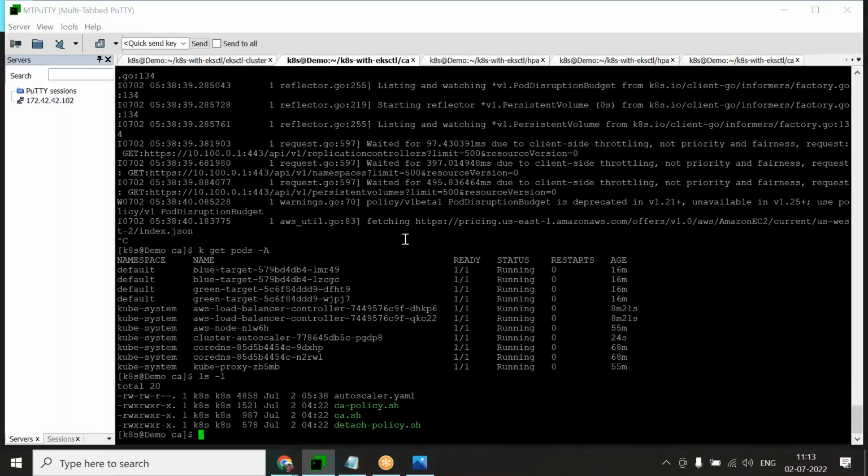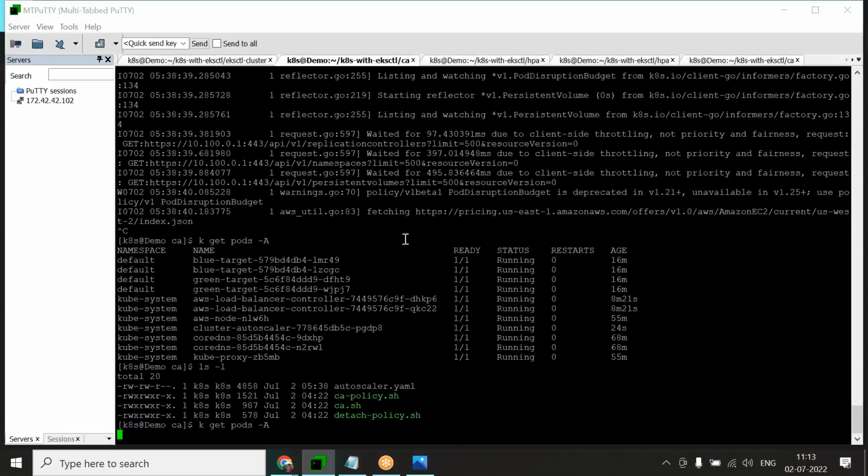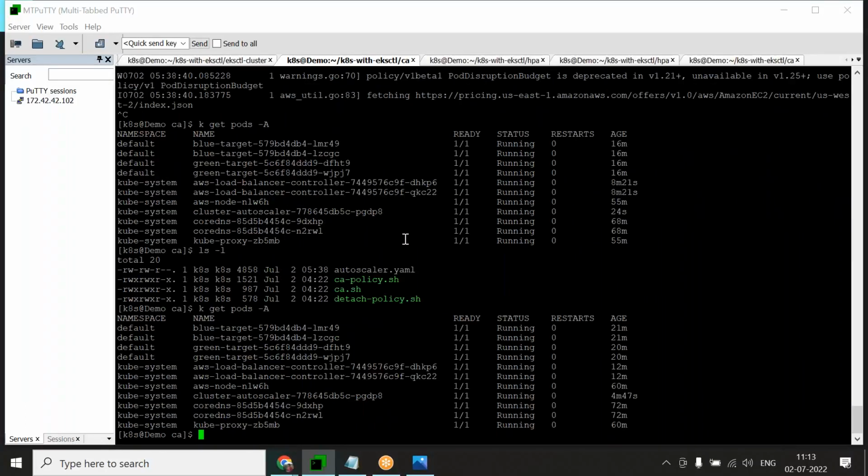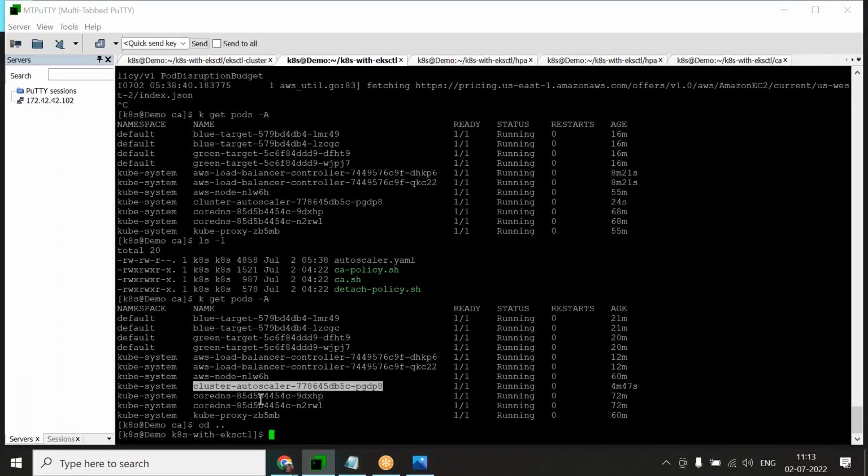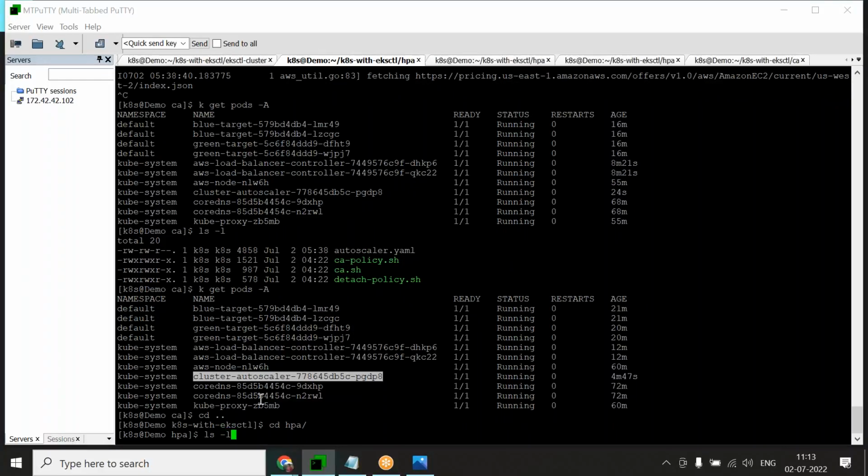Thank you. Okay, so let's go to the cluster autoscaler. This deployment is done. So how do you see it? Get pods -a. If you see here, you have a cluster autoscaler pod running. Fine, so we have the cluster autoscaler configured. Now let's go to the horizontal pod autoscaler, which is very important. Okay, we'll see. So currently, if you see here,